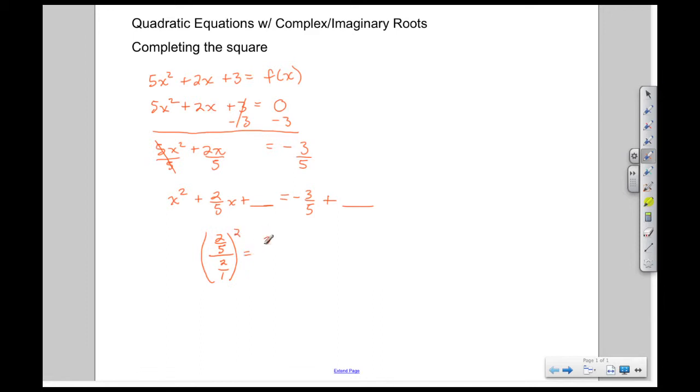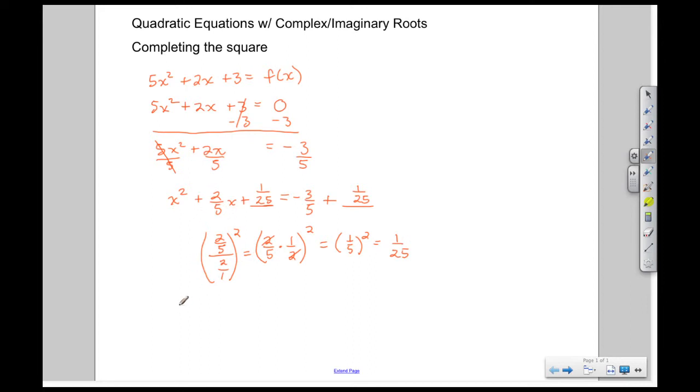Now I've just created a complex fraction. Whenever I have a complex fraction, I know that division turns into multiplication, and then I end up writing the reciprocal or just flipping the denominator. In this case it was 2 over 1, now it becomes 1/2. Once I get to this point, I see that I can cross cancel, so these 2's cancel, and now I'm left with 1/5 squared. And I know that 1/5 squared is actually 1/25. So I'm going to end up adding 1/25 to both the left hand side and the right hand side.